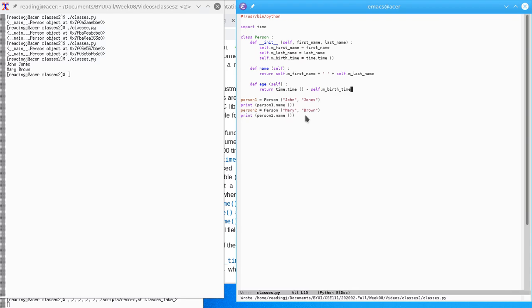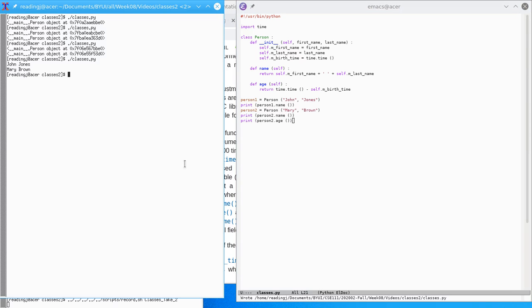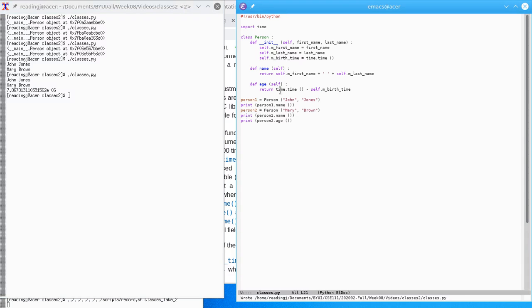And so now if I say print person2.age, let's see what happens. Okay, so Mary Brown is 7 microseconds old because it doesn't take very long to get from birth to here. How should we deal with that? Well,